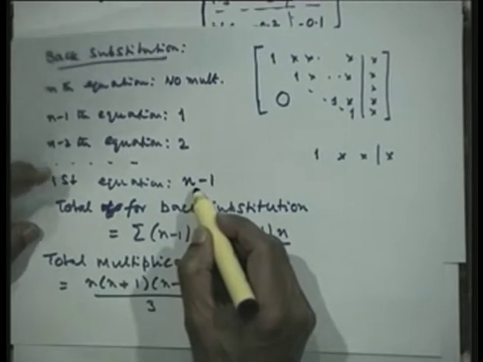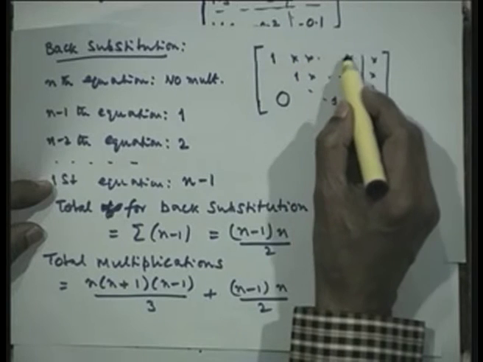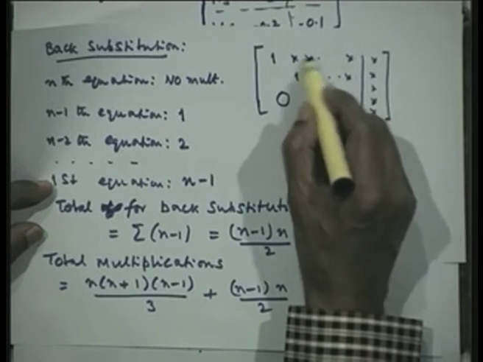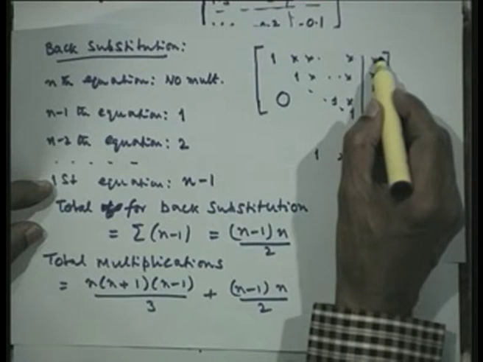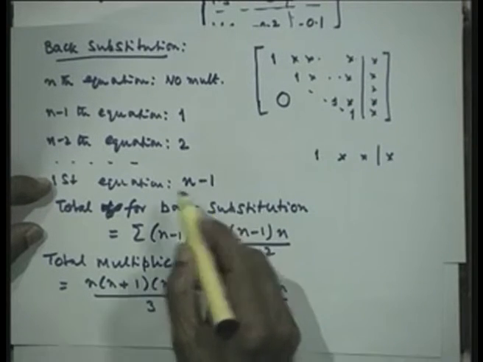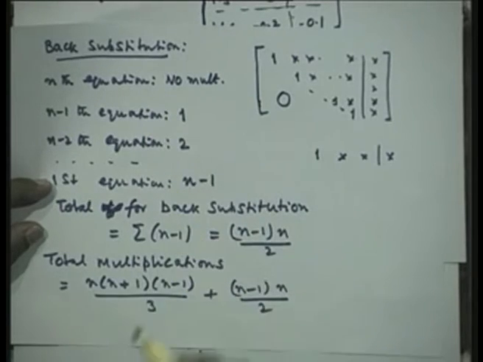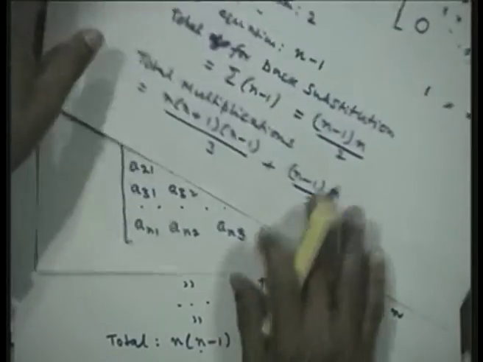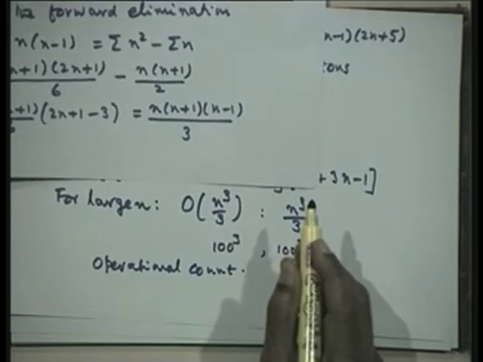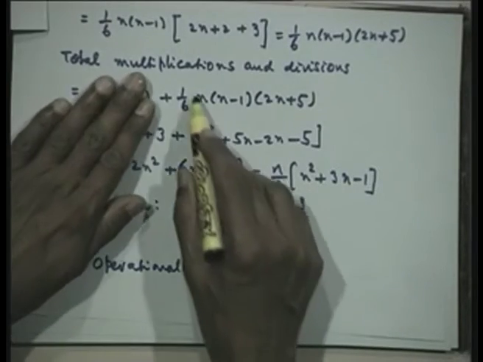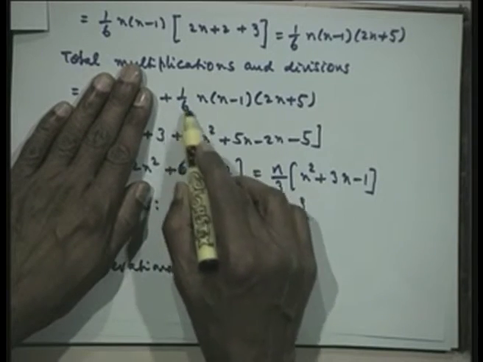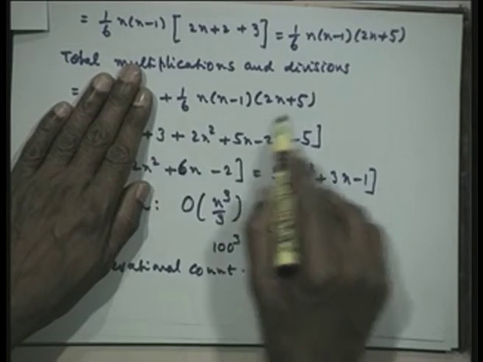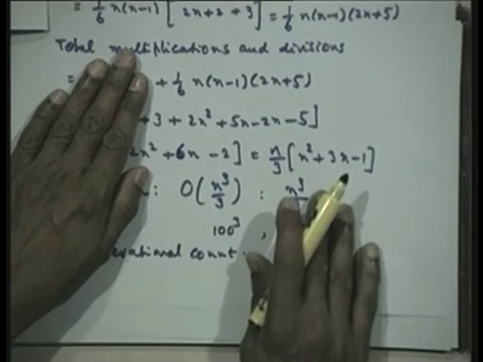Therefore, the same thing if you go to the first equation, there are n minus 1 multiplications here and n minus 2 additions here, and one addition on the right hand side. So, n minus 1 additions. Therefore, along with each multiplication we have one addition associated with it, and hence the operational count for the additions and subtractions will be the total multiplications that we have. Here we have got this part. This is your total divisions and this is your total multiplications and divisions. Therefore, this part will be our total additions and subtractions in our operational count.